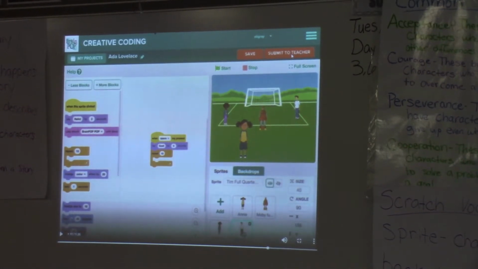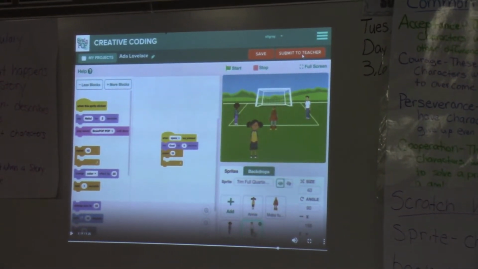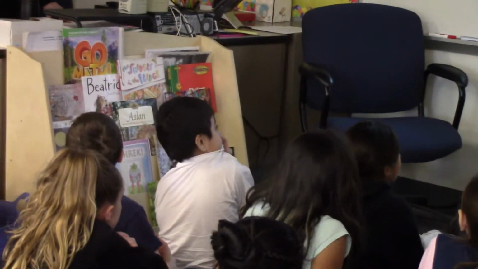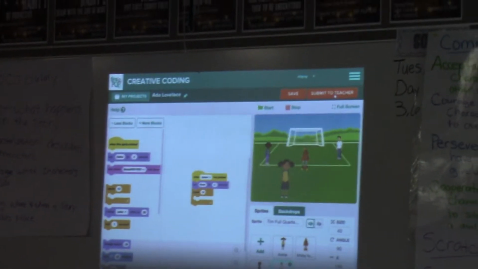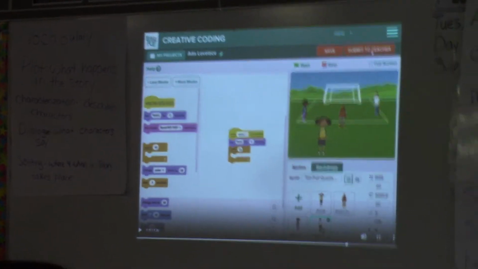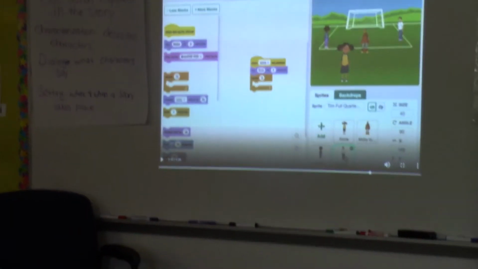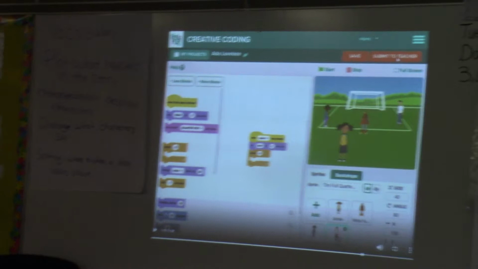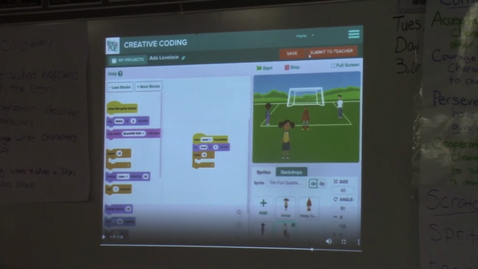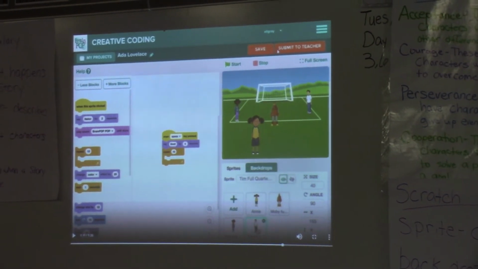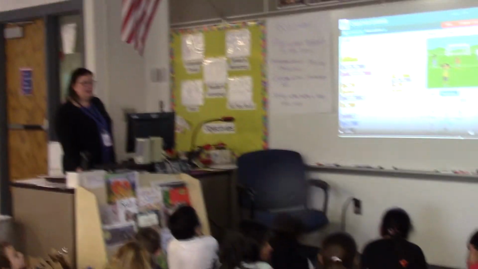Yes? What if we accidentally press it? Trying to press stop. That probably won't happen. It will be submitted and I don't know of a way of changing it. So if we do have to use it, you'd have to start over with a different project, but I'm hoping that doesn't happen. That's why I'm telling you now, so that you don't make that mistake. So what we're going to do right now is show you how to get